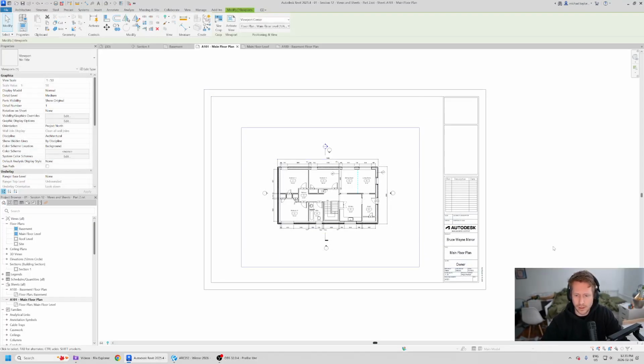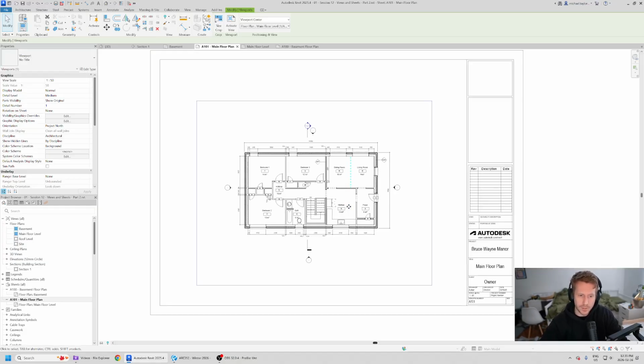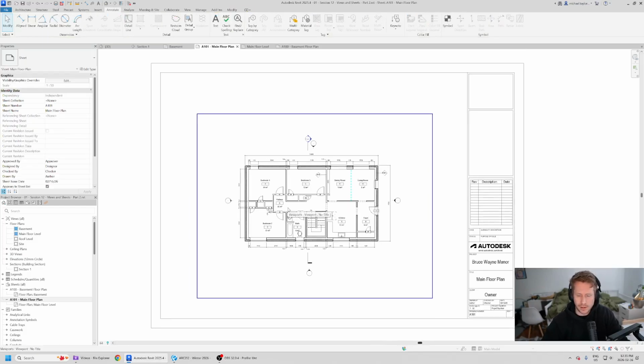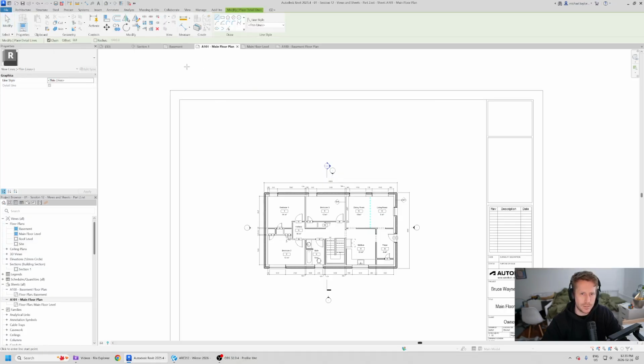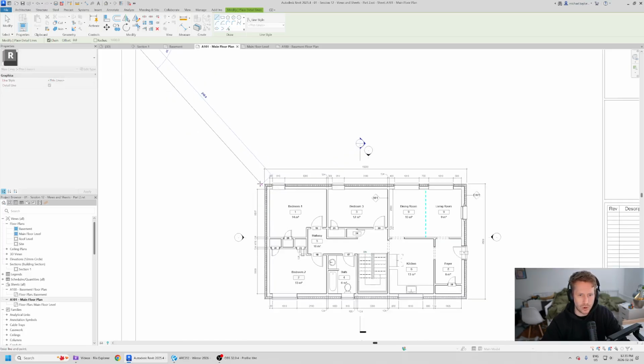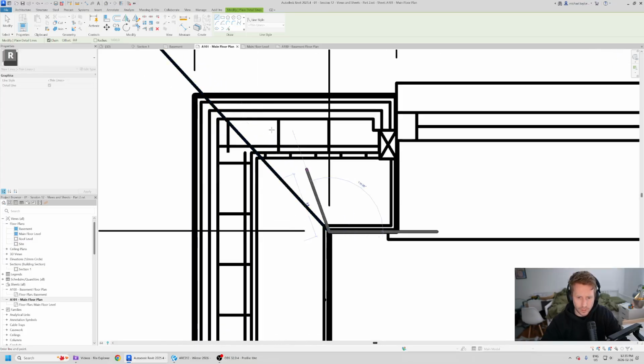In InDesign or in some of these other software, it's pretty simple to get a drawing in the middle of where you think it should be. But unfortunately, Revit doesn't quite have that functionality yet. So what we're going to do is draw a little detail line. Come up here to annotate, grab that detail line. Doesn't matter the style, but we're going to draw a line from, let's call it, the outside corner of our title block. It'll snap to the inside corner, roughly,